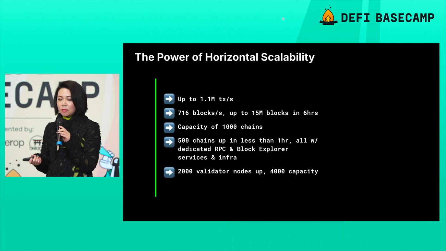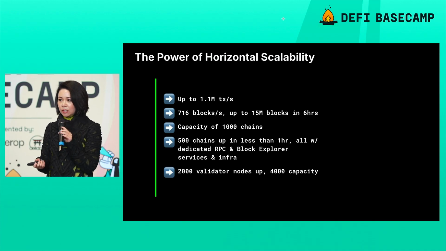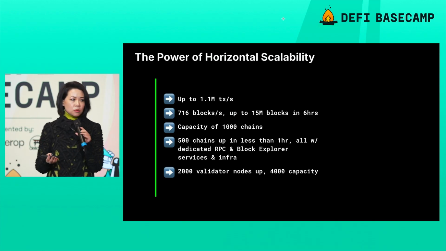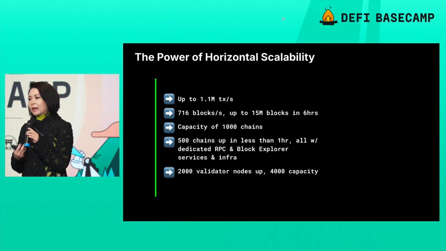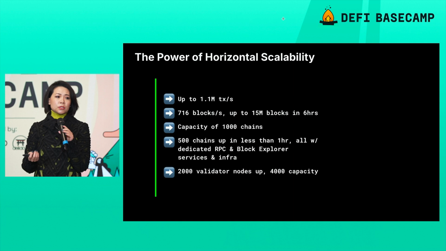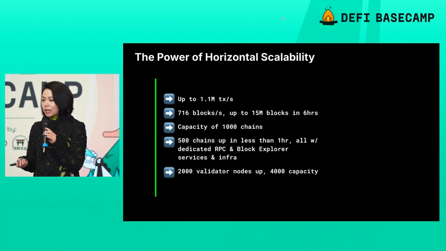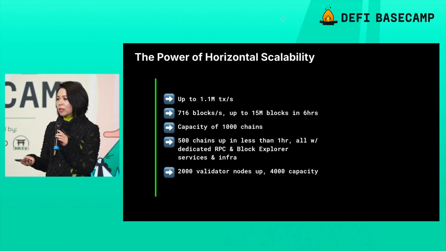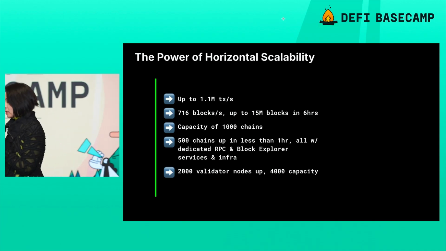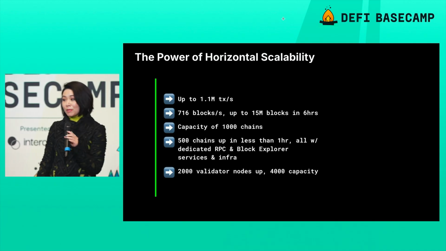It means that TPS is a very difficult question to answer on here, but difficult for a good reason. If it is a monolithic layer one, you more or less know that when you stress test it, you have your TPS number. These are the numbers that all the major chains try to put out there in order to prove their performance limitations. So for us, there aren't any. What we did earlier with mainnet is we stood up 500 chains. Just stood them up, 500 chains. When you have 500 chains, what that leads to on Saga is 1.1 million TPS.